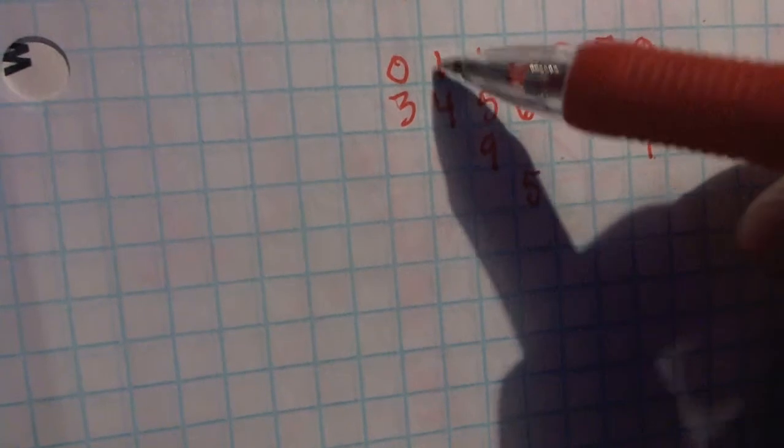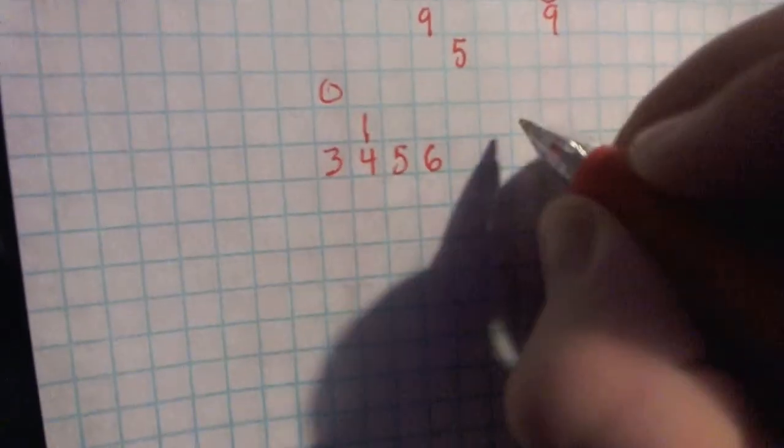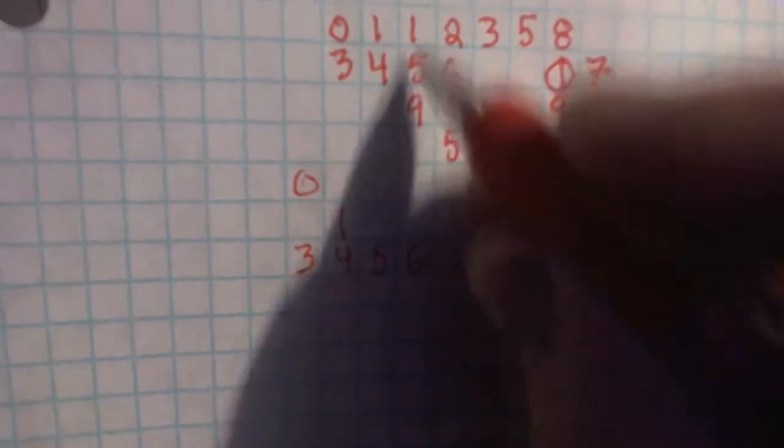Because if we start at 0 and go to 1, and it does a 3 literally right there. And then it does a 4, 5, 6, and then another 1, because we're just going to keep 1s just like the 9s. And that's where the 1 is. So if we match that up,